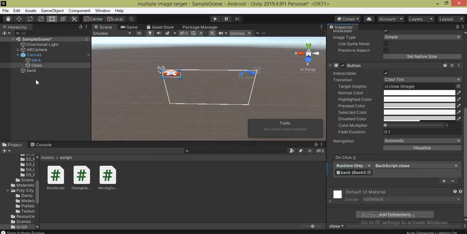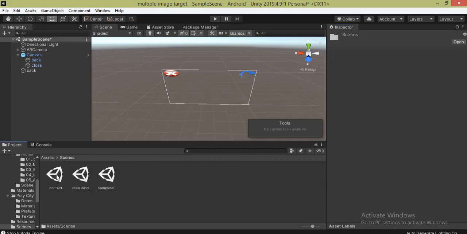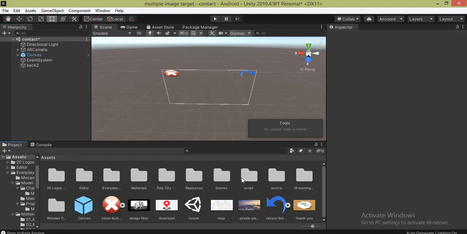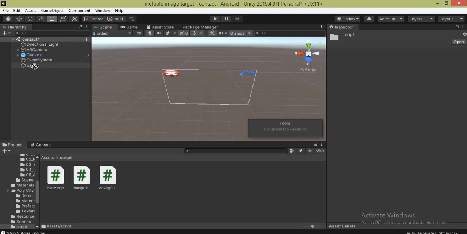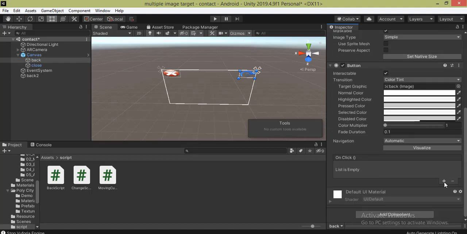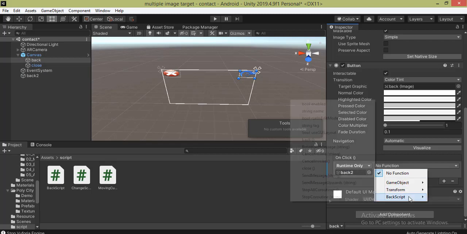Now I click on this close, again drag this game object here, back script and close. The same thing I'm going to do on the contact scene. So just double click over it, again create a new empty object, give the name back2, and again attach this script over it, click on canvas, click on back, go into the inspector panel, click on this plus button, drag this back over here, script and back.